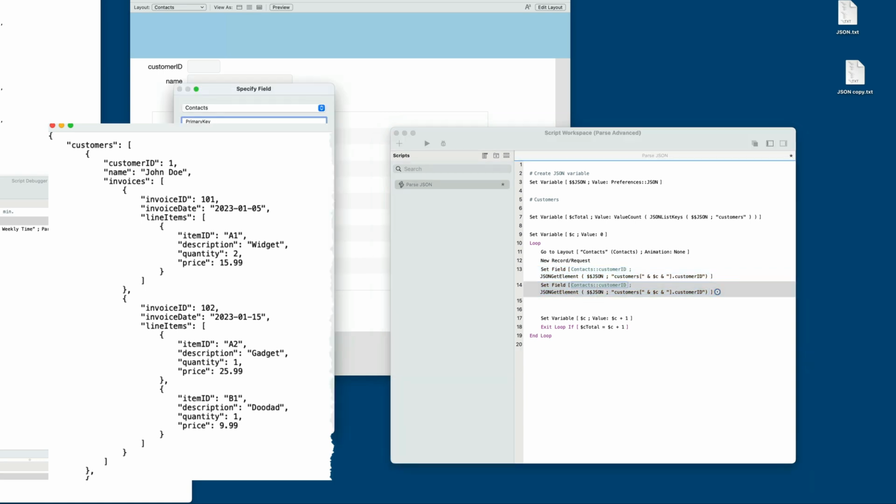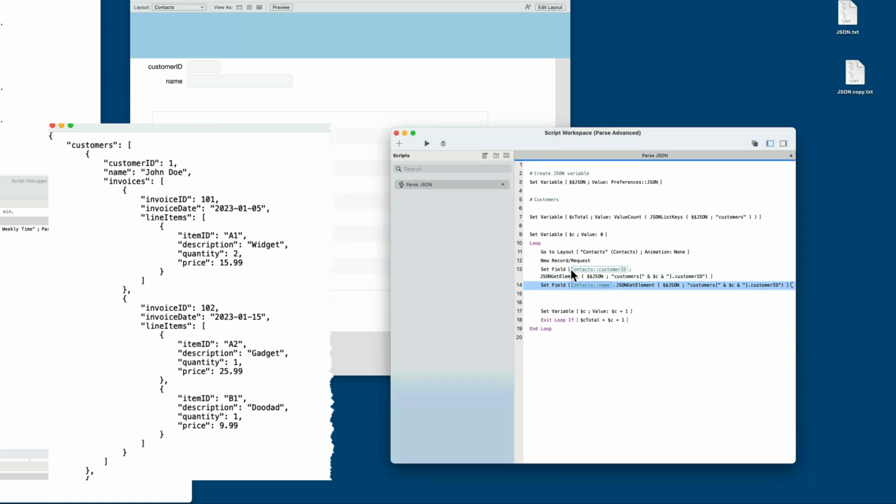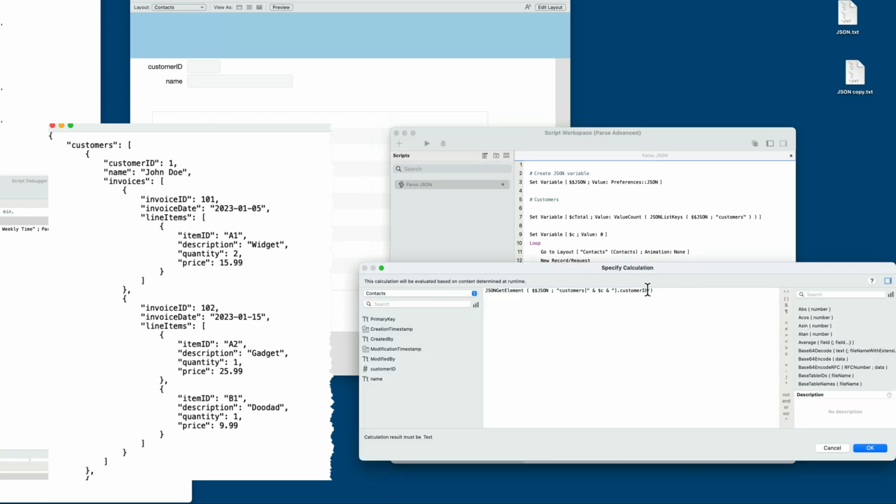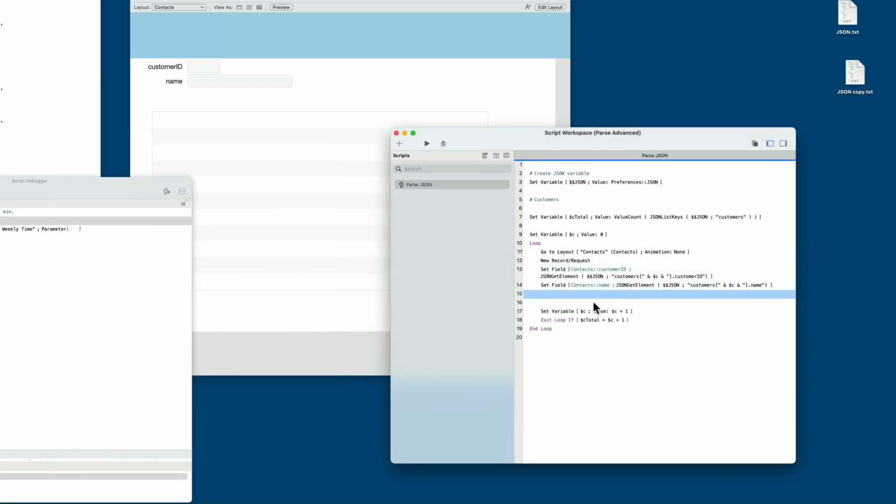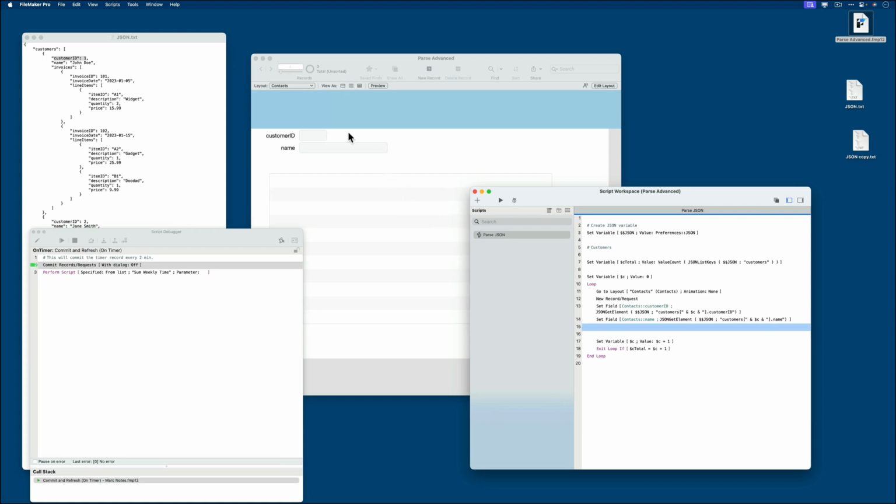Next, we have the name field. So we've duplicated this. This time we'll target the name, and all we have to do at this point is just change the field name, which is going to be name. Okay, let's put this to the test. We've got no records in the contacts, and we will run this through the debugger